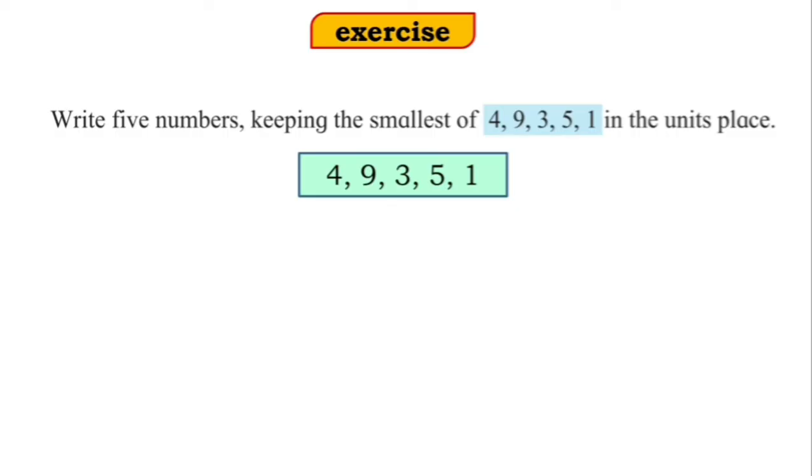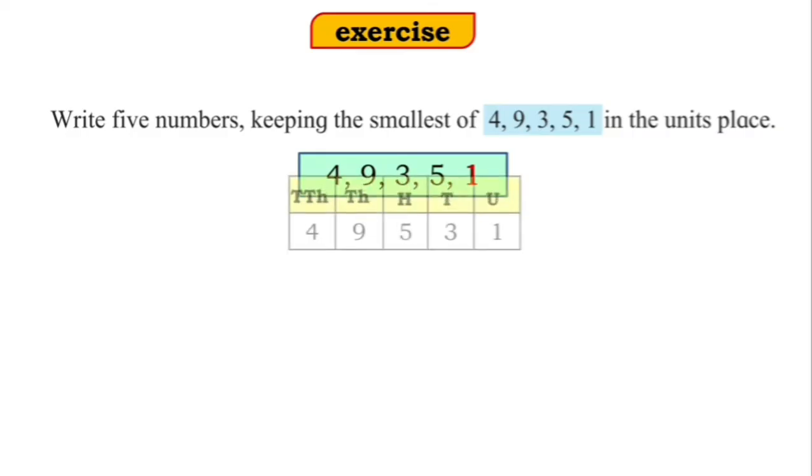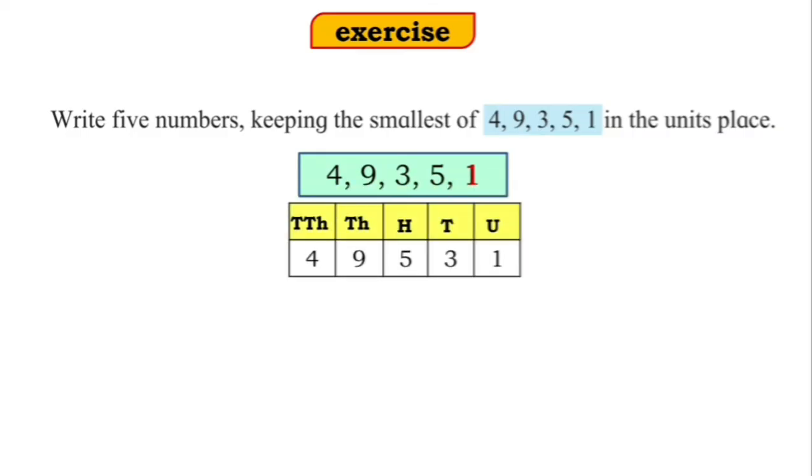So which is the smallest digit in these digits? Yes, 1, right? So we have to keep smallest digit in the units place. So here we have formed this number keeping 1 in the units place. 49,531, that is